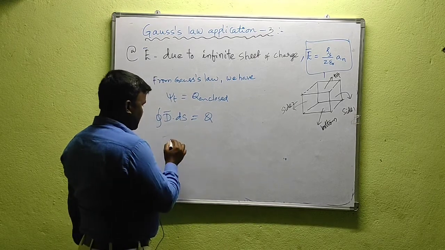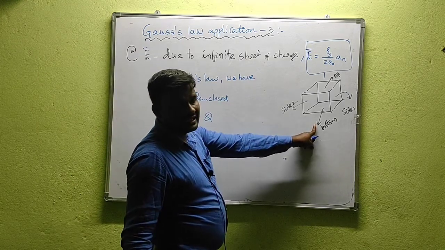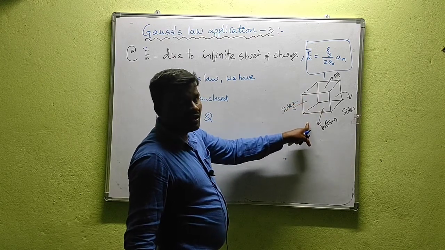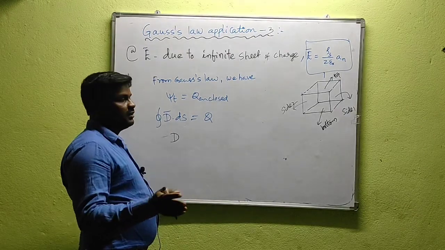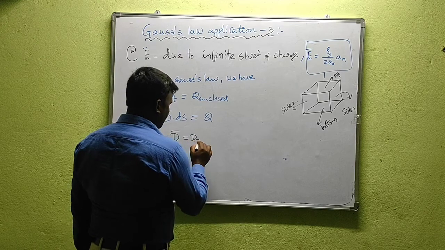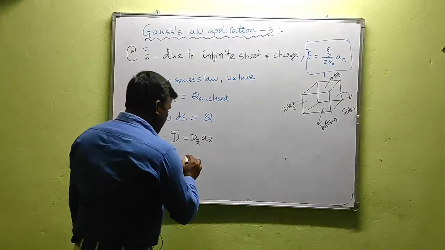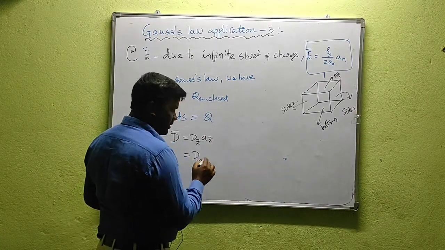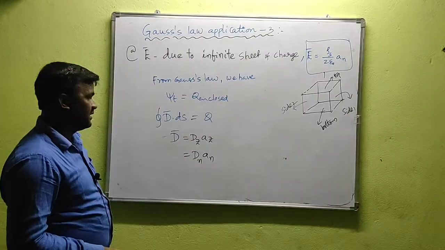Let us consider D along the z direction. So in this case, we can go for a rectangular coordinate system, or Cartesian coordinate system. In the Cartesian coordinate system, the symmetry of charge distribution may depend on x, y, or z. Let us take D along the z direction, that is Dz a z. Or else, simply, z is normal to the xy plane. So let us take this as normal to the given surface, that is Dn a n. We can take it like this also, Dn a n.